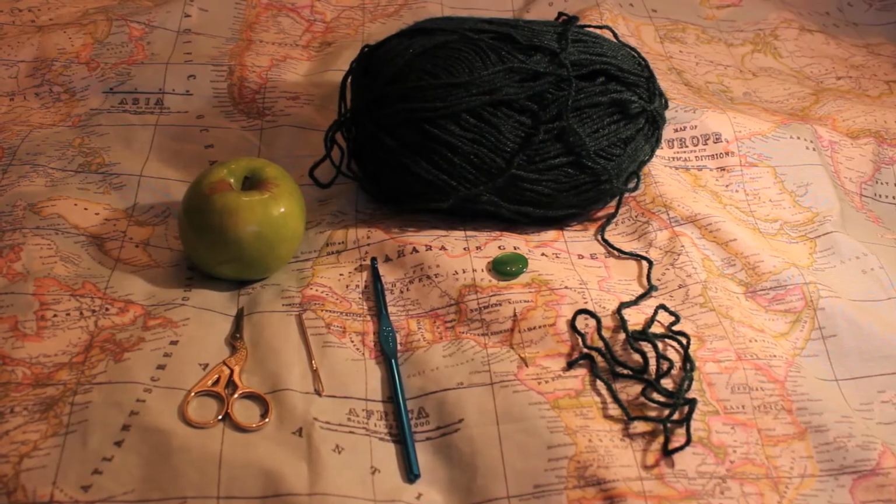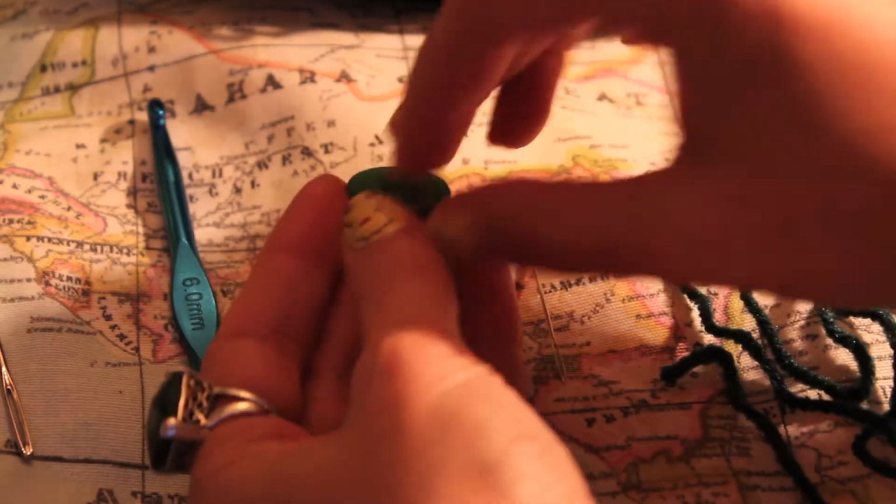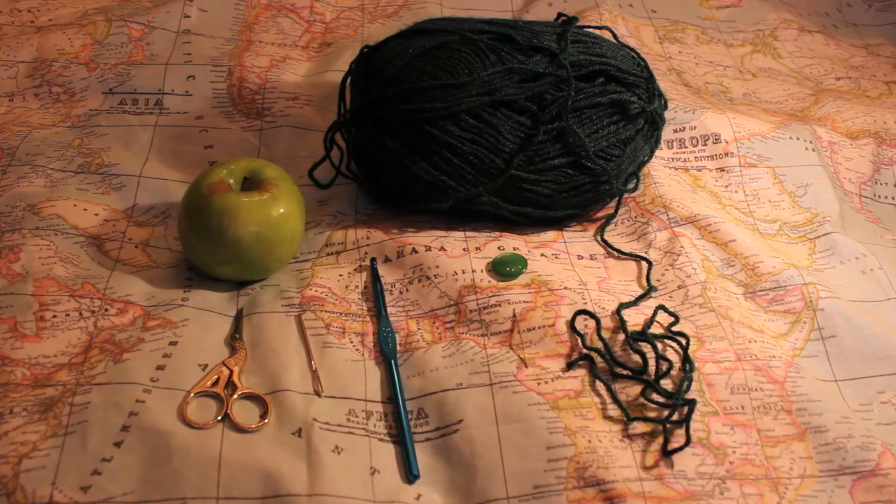And wish me luck. This is going to be fun. I'm going to have to make the pattern up as I go along. You will need yarn, a button, a needle that fits through the button, a crochet needle, I'm using size 6, a darning needle,